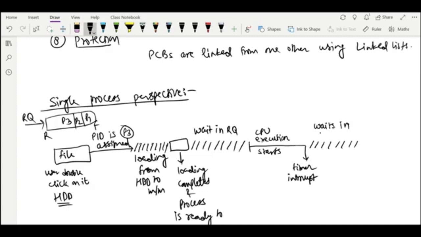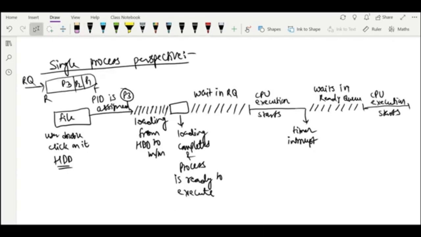It will go back to the ready queue and wait there, and after some time again the CPU is assigned. So when the CPU is assigned, it will start execution, and maybe after this execution we need to print this image. So we need to access the IO devices. So IO calls have been done, and after IO has finished, it will go back to the ready queue.